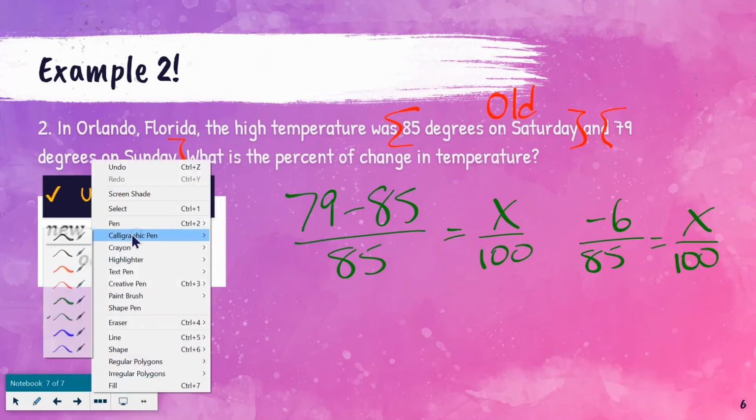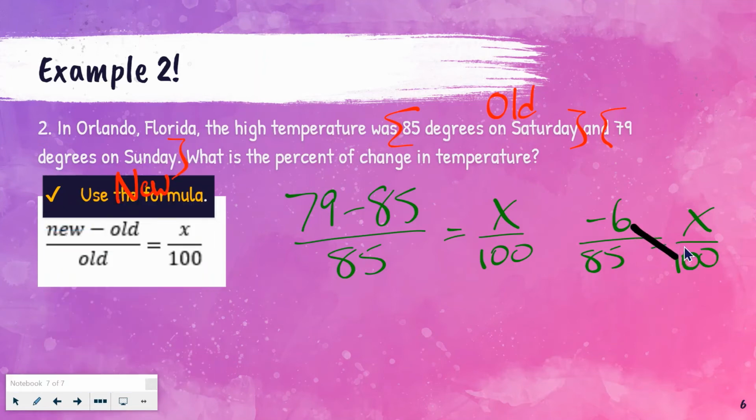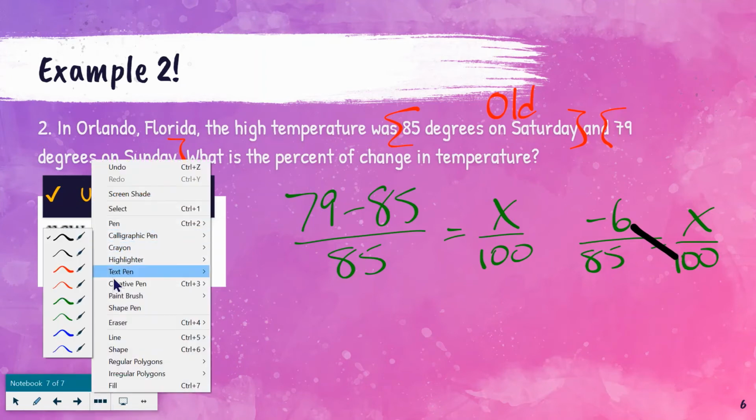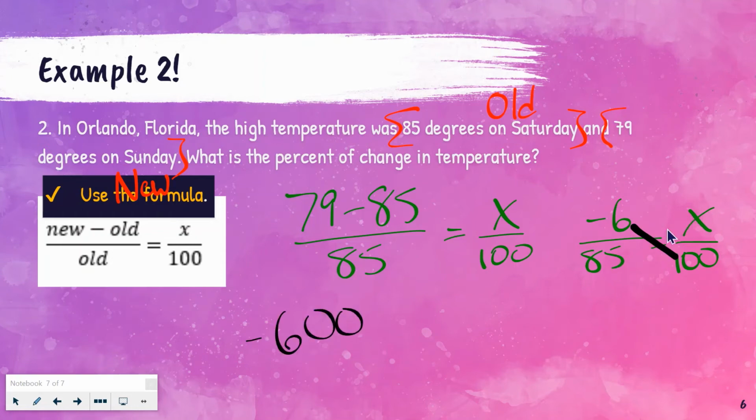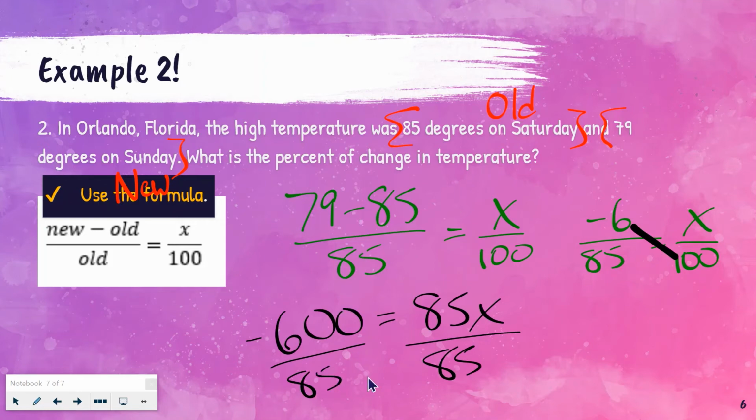Now I get to cross multiply. I'm going to change it to black so I can see a little bit easier. So negative 6 times 100 is negative 600. And 85 times x is 85x. And we have one more step. We are going to divide by 85 on both sides. And you can see that this will be a negative number. X equals